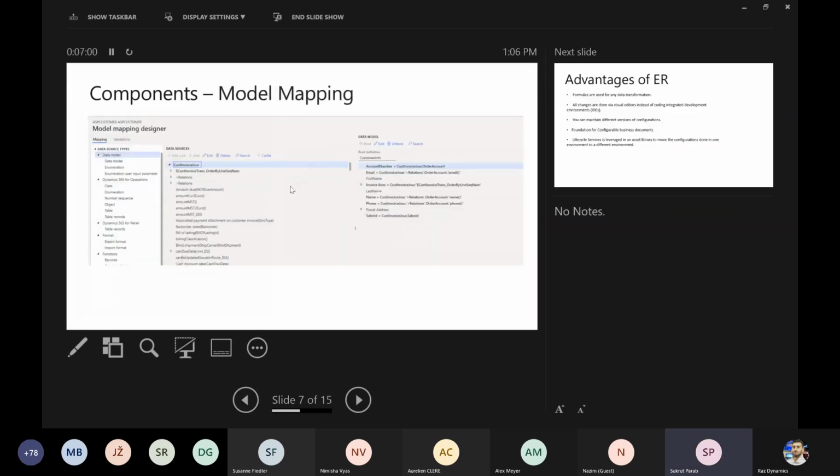This is how the model mapping looks. So you can map your data model with the help of the data model mapping designer to the underlying tables. So for example, in this scenario, I'm just taking the example of